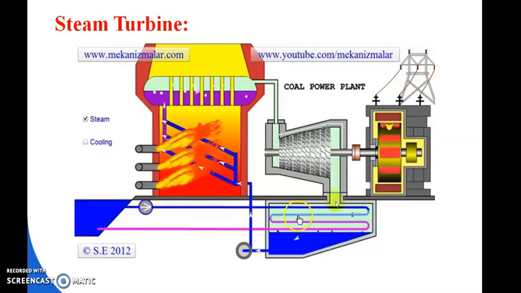So in this case, we have a boiler where we are increasing the temperature or improving the enthalpy. In the turbine, the heat or the enthalpy of the steam will be converted into work, so that the turbine shaft will start to rotate. In the condenser, there will be heat rejection. That wet steam will reject the heat to the cold water, so it will convert into the condensate.